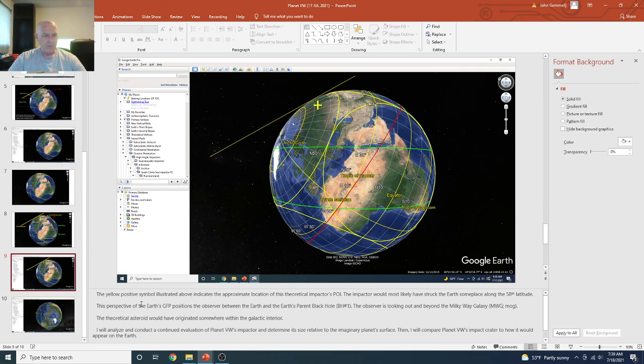All right, so the yellow positive symbol illustrated, I already read that to you, didn't I? Okay. The impactor would most likely have struck the Earth someplace along the 58th latitude. This perspective of the Earth's GFP positions the observer between the Earth and the Earth's parent black hole, BH number 1. Okay, so what I don't have here is